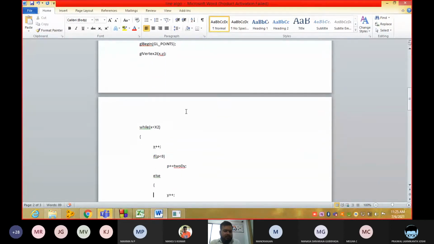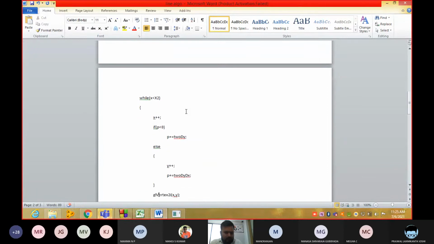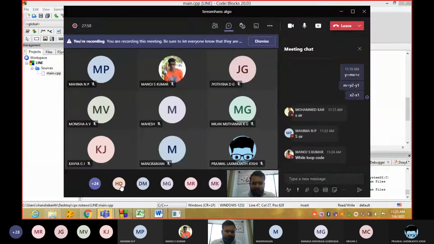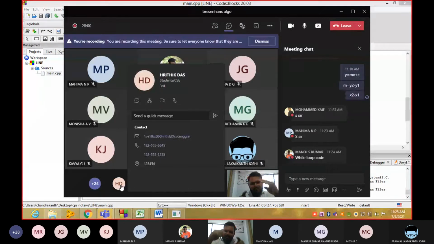The while loop, the line gets incremented. While x is less than x2, what happens is the line goes on incrementing.